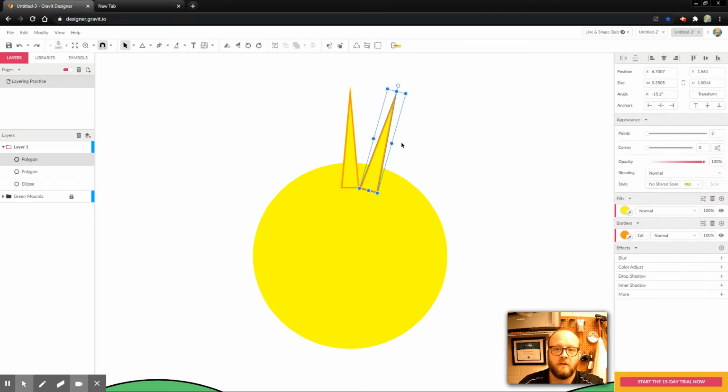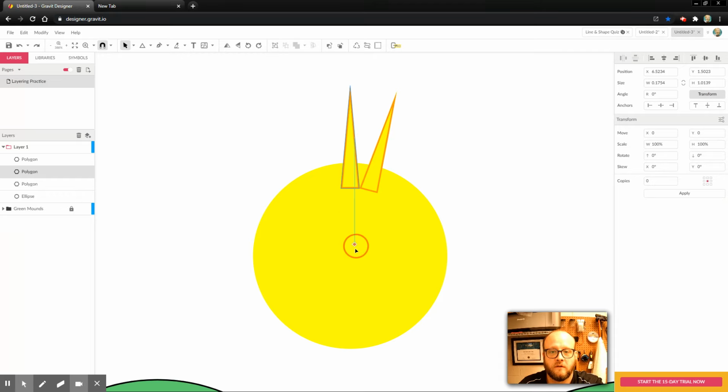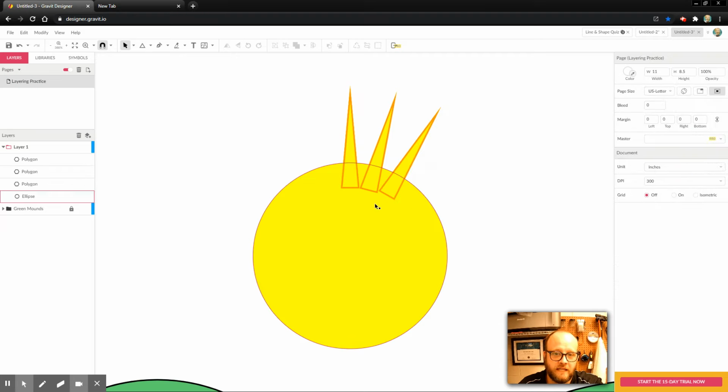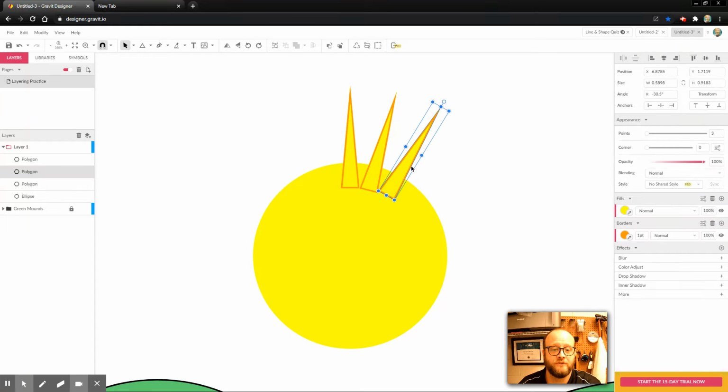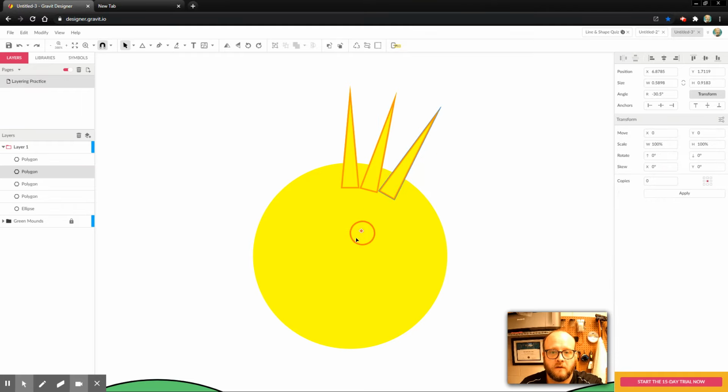Okay. Now, I need to do the same thing again. So copy, paste, transform, drag it down, and maybe do it again. Now, if you look down here at the bottom, they're not quite lining up, and that's just because I did not have the shape perfectly set right off the bat to line up properly. I was going fast. So paste again, transform around the center,